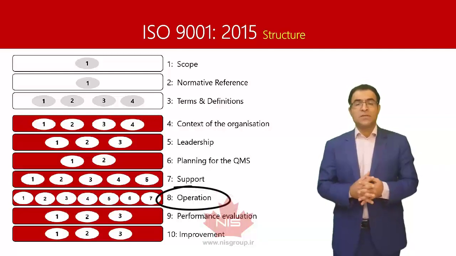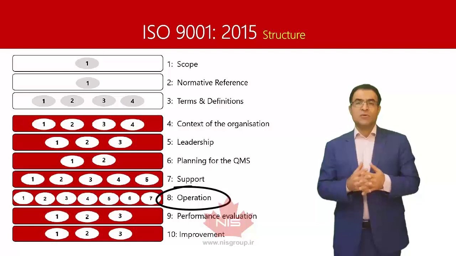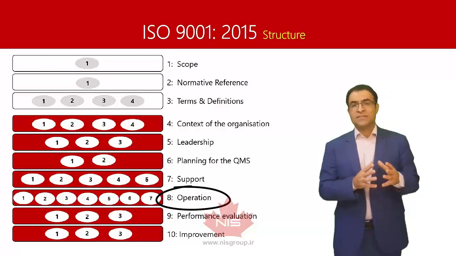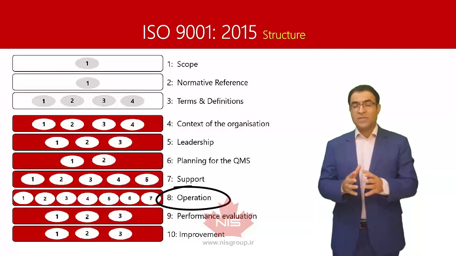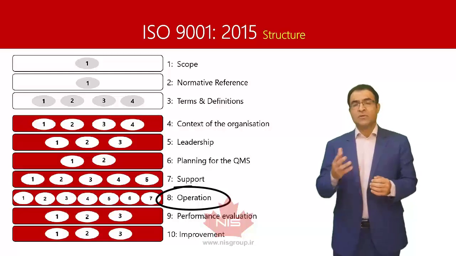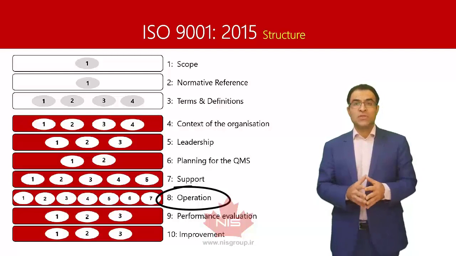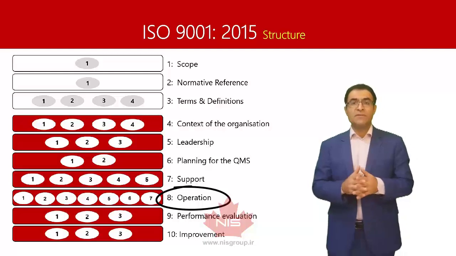In clause 8, we will be dealing with the main processes of any organization. These processes are called product or service realization processes. Those processes are sales or contracting or things like that, product or service design, procurement, operation, delivery and release, controlling of change, and of course controlling of non-conformities. There are 7 subclauses in clause 8 which are very important, and they form, as I said, the product and service realization processes.